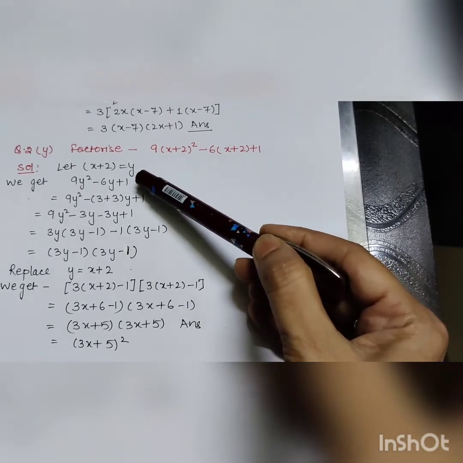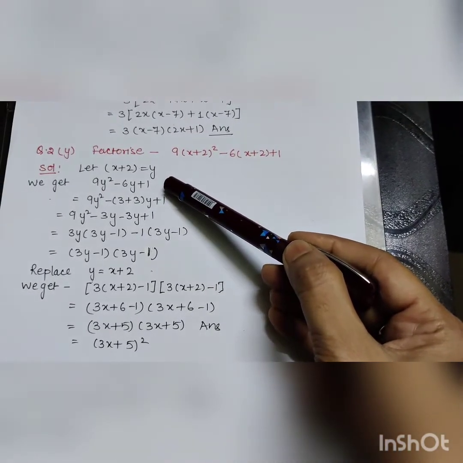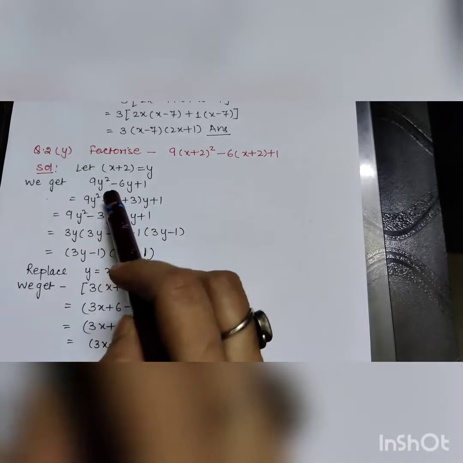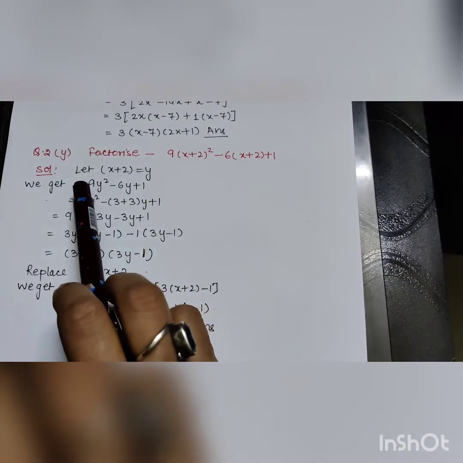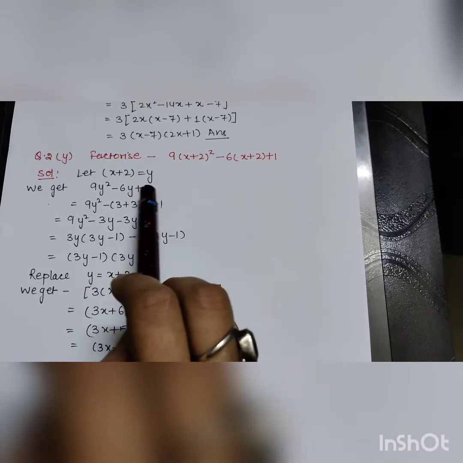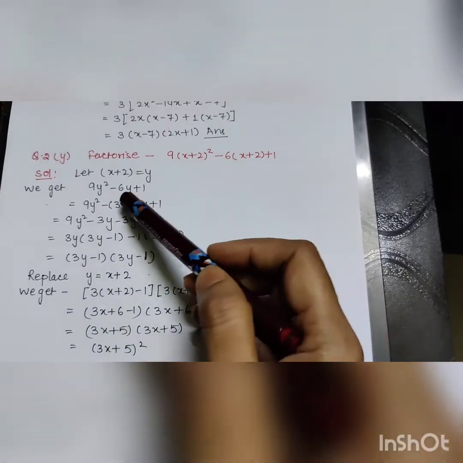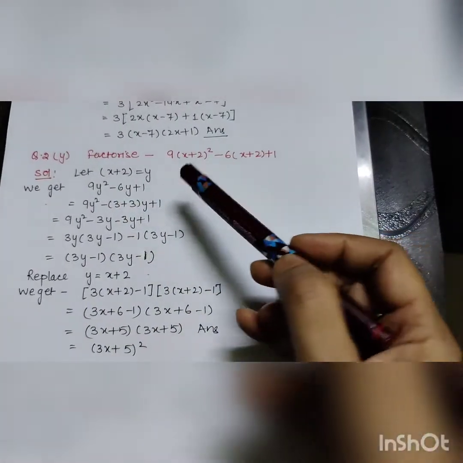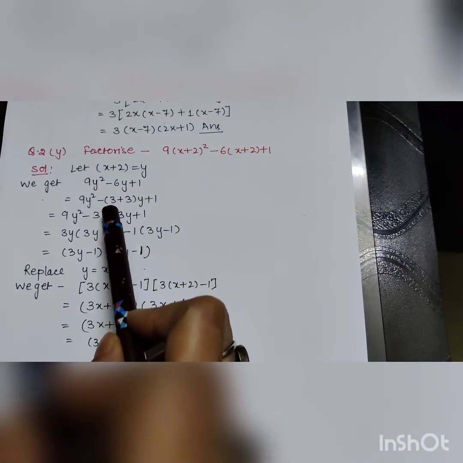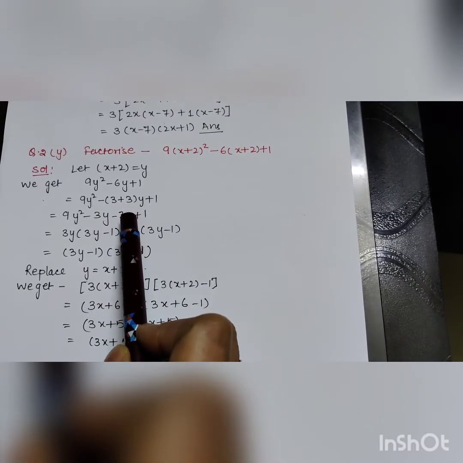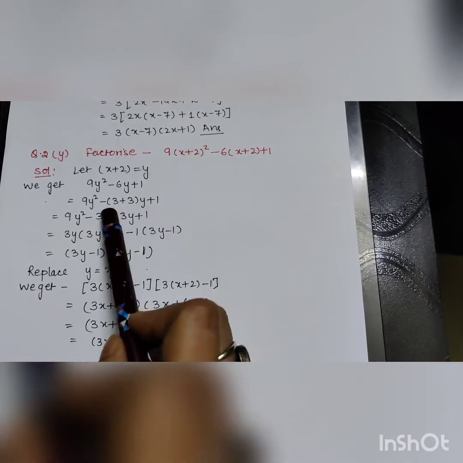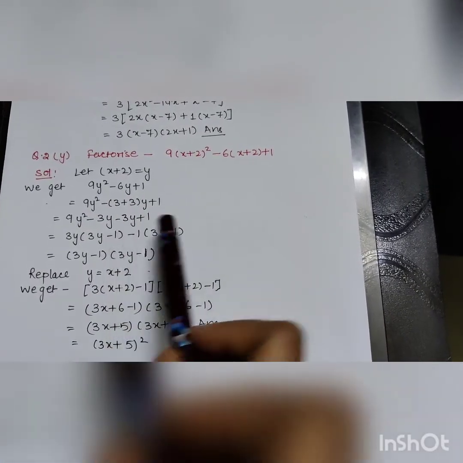Right? Now here you can see that this is a quadratic expression, and we have to factorize this. So how to factorize? We have to multiply the coefficient of y square with 1. So 9 into 1 is 9, and we have to find two factors of 9 such that the sum or the difference is equal to 6. So 3 3s are 9, and 3 plus 3 is equal to 6. So we can write 6 as 3 plus 3 over here. Right? Now open the bracket: 9y square minus 3y and minus 3y plus 1. This is equal to this.